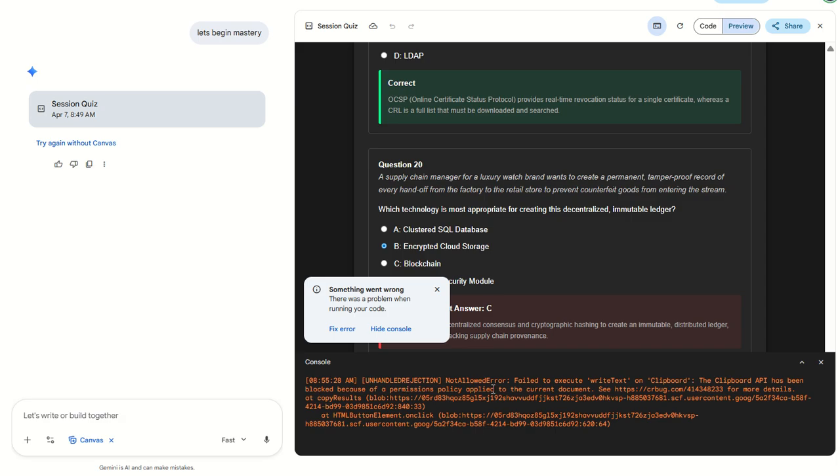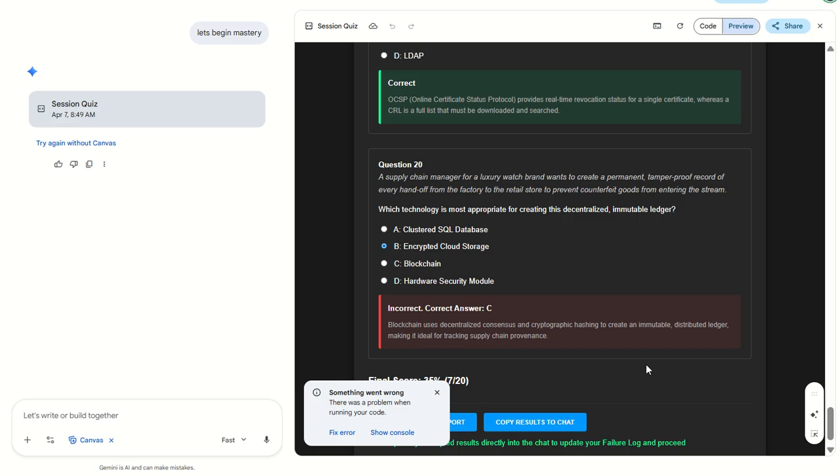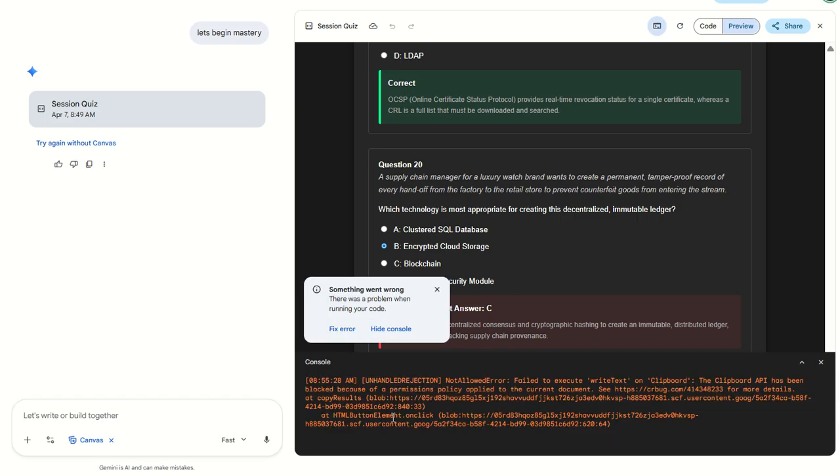Blocked because of permission policy applied to the current document. Oh, so this was security related. So this might be interesting. All right. Well, that's why we're going through this document together, to make sure. All right. What it's supposed to copy when it works is,